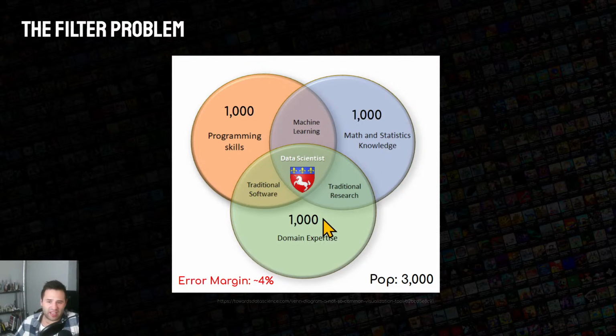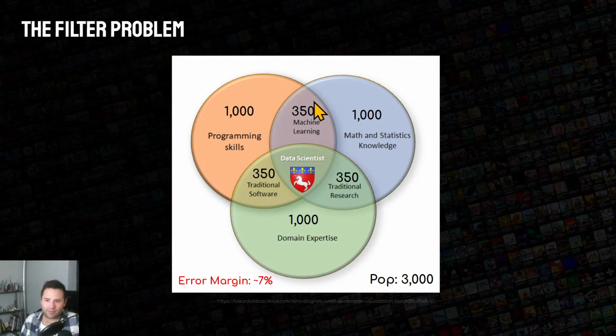This is just more for simplification, because even with a simplified system, it still gets really bad really quickly. So we split it once into 3 groups. If we do a filter to see just how domain expertise people use it, it does this. What about people with just programming skills? They perform this way. What about people with just math skills? Oh, they perform this way. Now from there, overlap again.